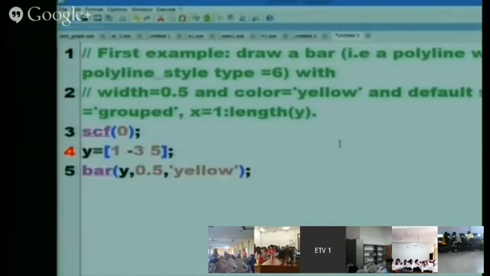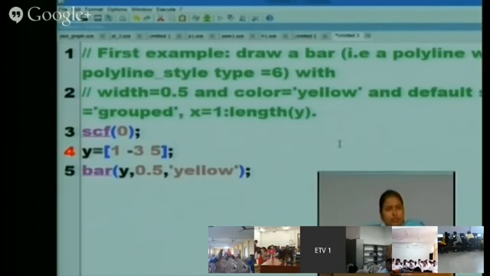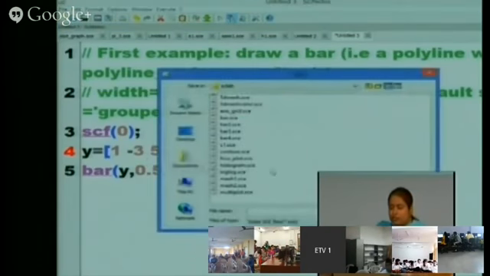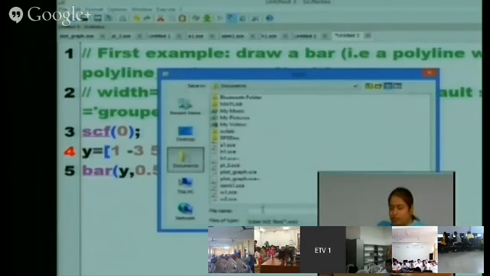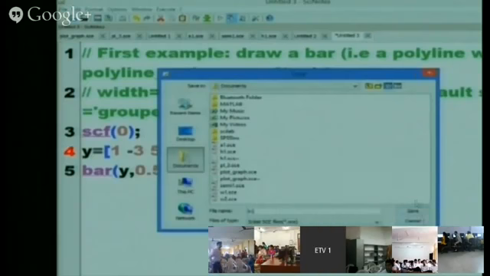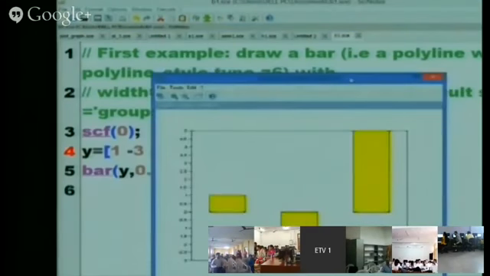This is the code. Set current figure 0 means the current figure number is 0. Y is equal to 1 minus 3 comma 5, and then bar y comma 0.5 comma yellow. Yellow is the color given to the bars, and y is being plotted with the width of 0.5. So this is the bar graph.